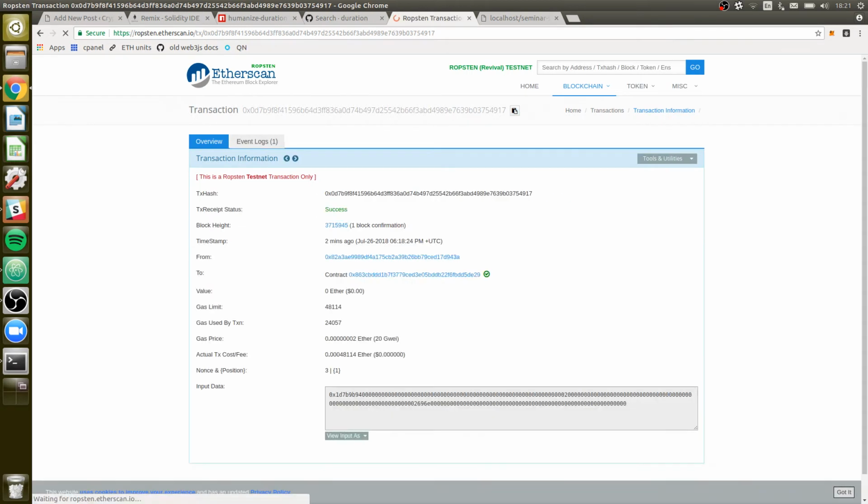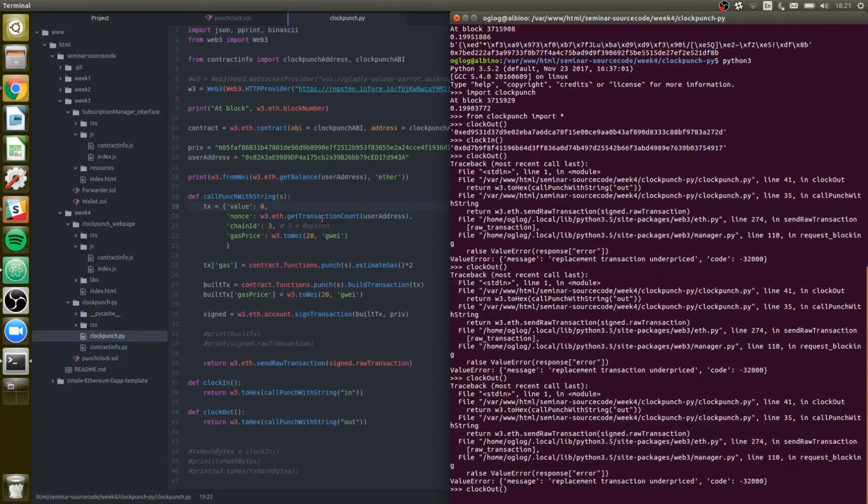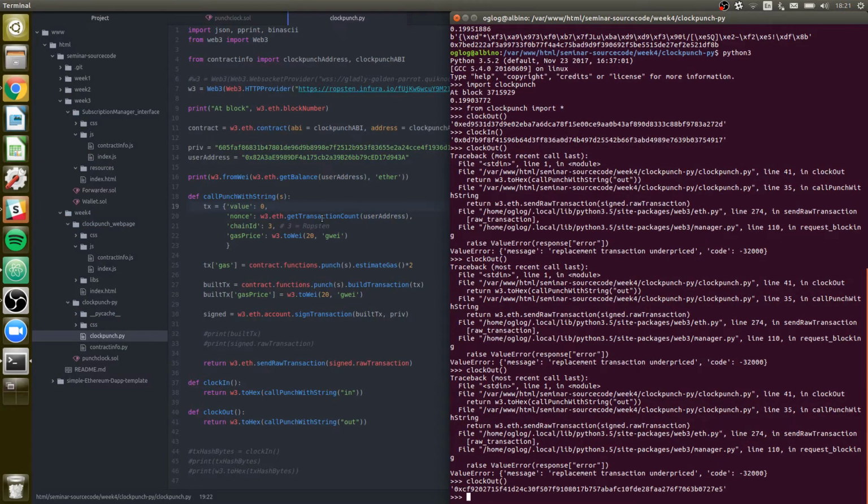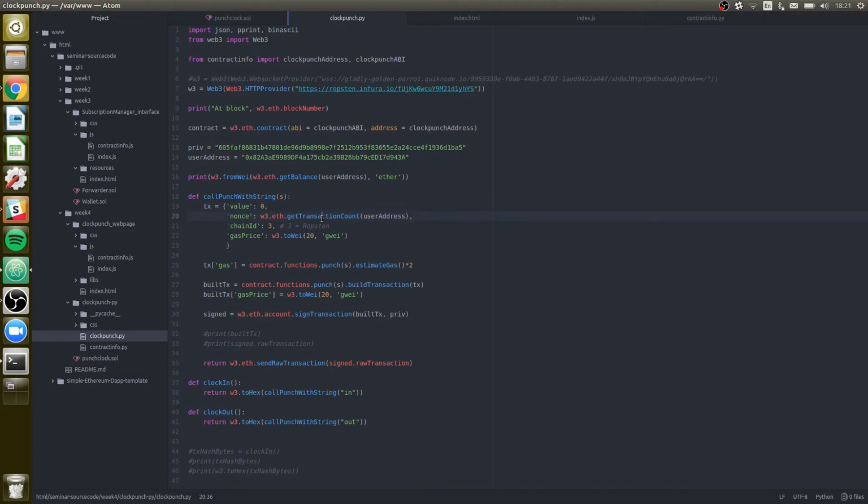Okay, so now that that's included, let's just see if our function works now. Okay, it does. So it looks like web3py is preventing me from doing two actions in the same block. I don't know if it's because it's the same function or not, but that should not be doing that. That seems to be an error in